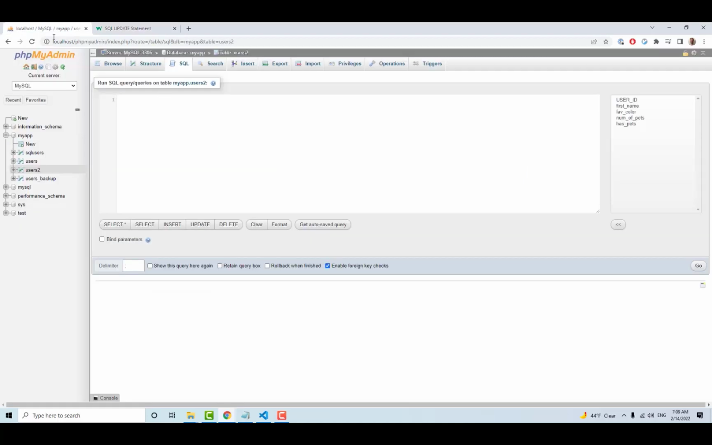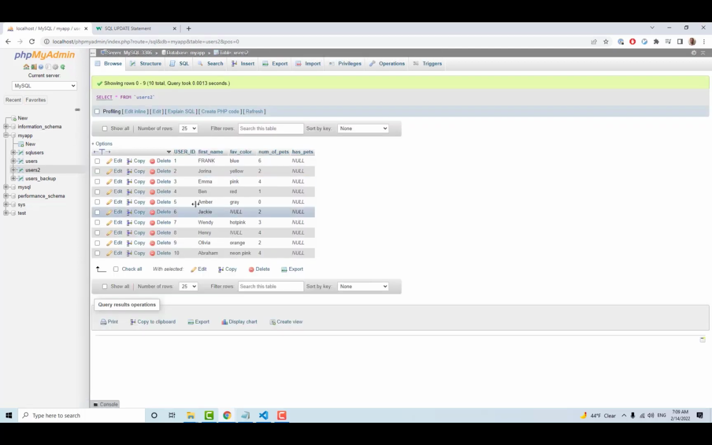Let's go to our localhost, and if we hit browse, I want to see what we're actually going to change. So first name Frank shouldn't be all caps, and then we can adjust the number of pets from 6 to some other number. So let's go back to our SQL,